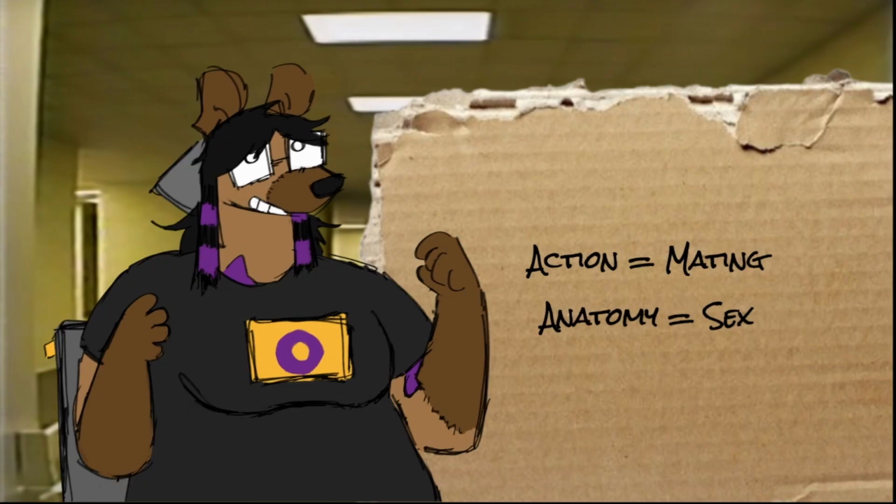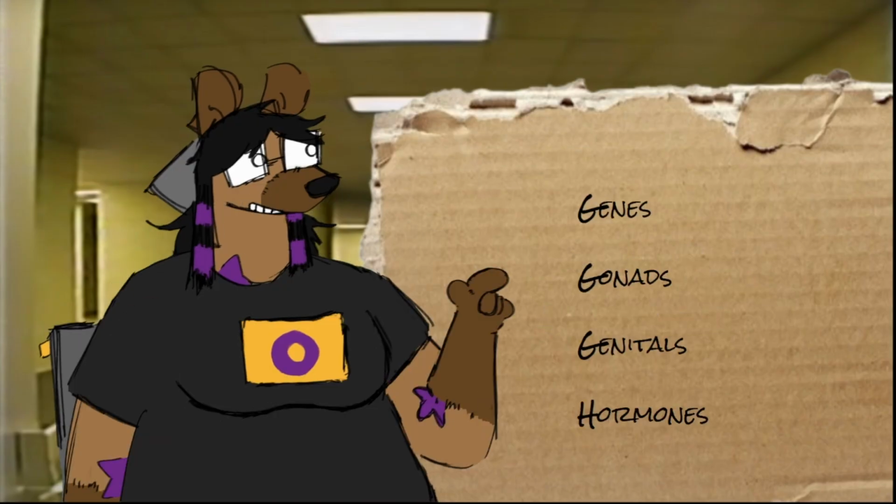For the purposes of clarity, I will be referring to sex, the action, as mating, and the term meaning mating types and their assumed matching anatomies as sex. Sex can mean many things, generally referring to the set of characteristics that usually come with having a set of reproductive organs. When referring to humans, male typically implies that the individual has a penis, testes, and produces sperm, and female typically implies that the individual has a vagina, ovaries, and a uterus, and produces ova or eggs.